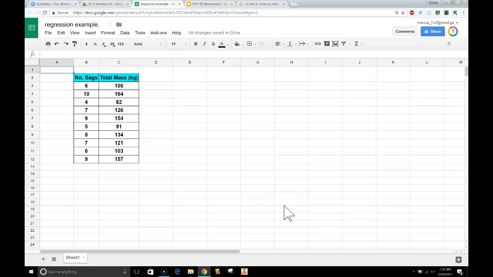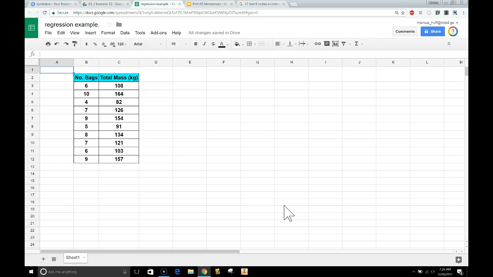I want to quickly go over how to use Google Sheets to conduct regression analysis, or the linear regression that we've been doing in the engineering class. This will be helpful for students that don't have access to Microsoft Excel at home. The trend line and regression analysis tools are in Google Sheets. They're not as easy or as powerful as Microsoft Excel, but they'll get the job done for the assignments that